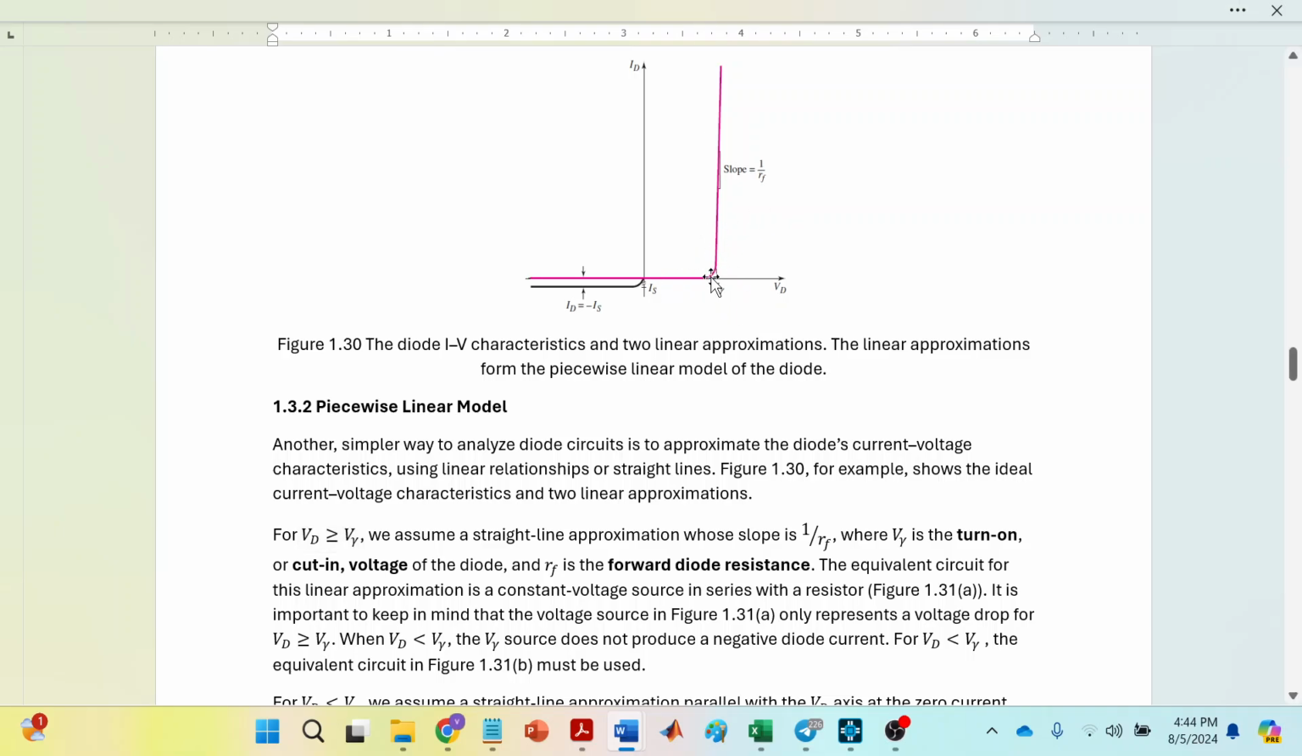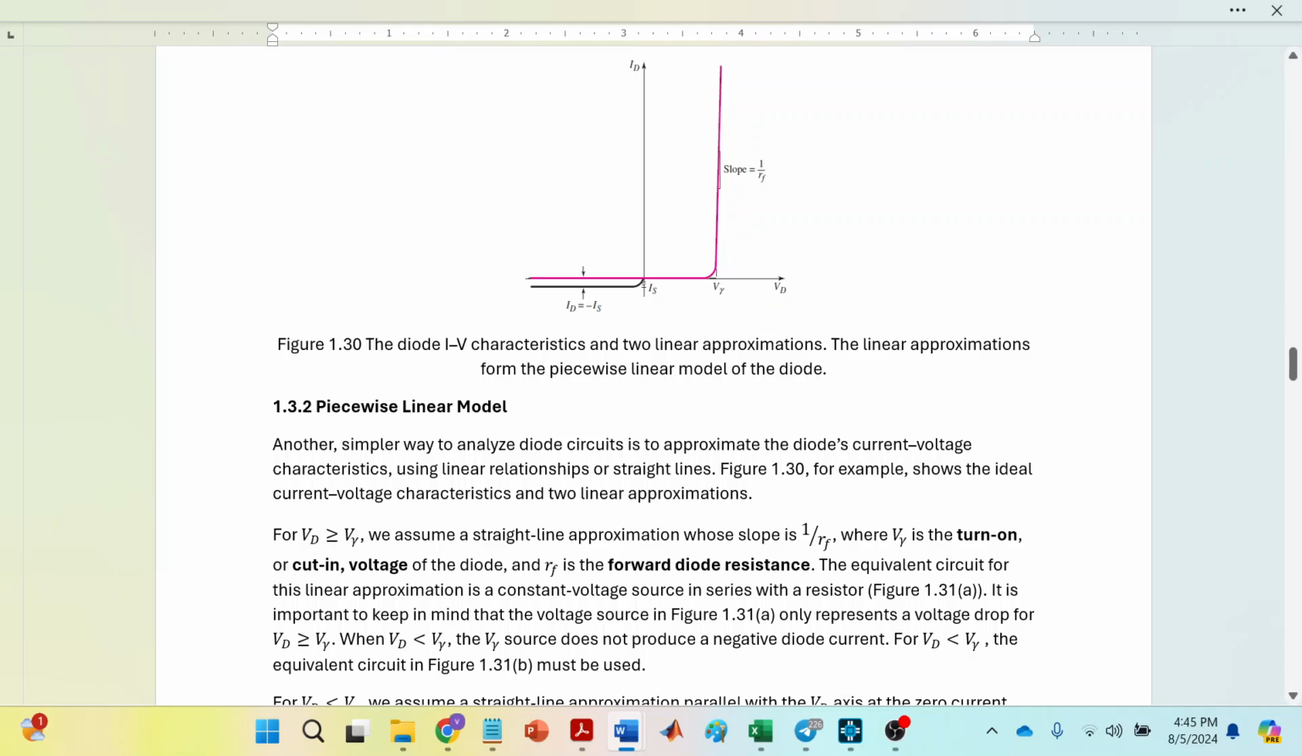So this is our V gamma. The V gamma is going to be defined, is going to be stated. When VD is greater than V gamma, we assume a straight line approximation whose slope is equal to 1 over RF, where the V gamma is called the turn-on voltage or the cut-in voltage, and RF is called the forward diode resistance. So when VD is greater than V gamma, so essentially in this point,